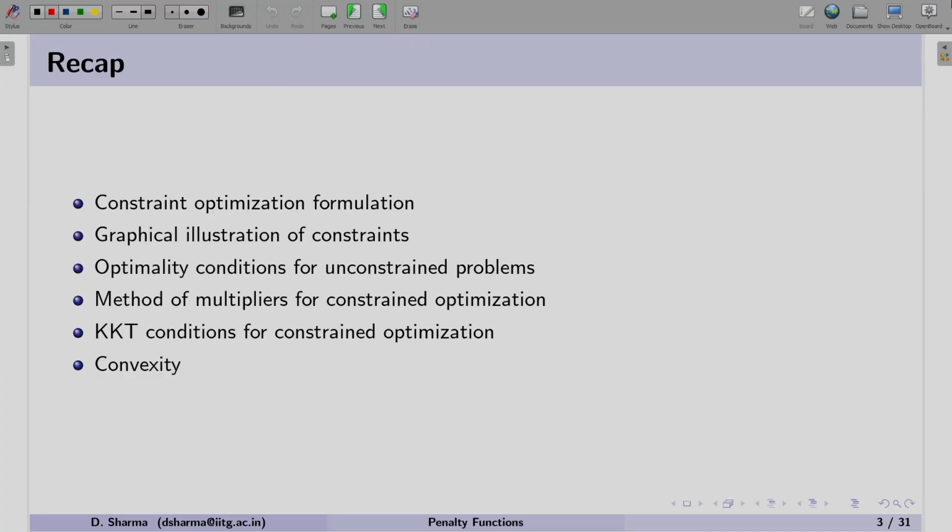Thereafter, we went through the sufficient condition. In this sufficient condition, we come up with the Hessian matrix, and as and when this Hessian matrix is positive definite, we say that the stationary point is a local minimum for the function. Similarly, we also conclude about the maximization when the Hessian matrix is negative definite. If the matrix is neither positive nor negative definite, then we say the point is a saddle point.